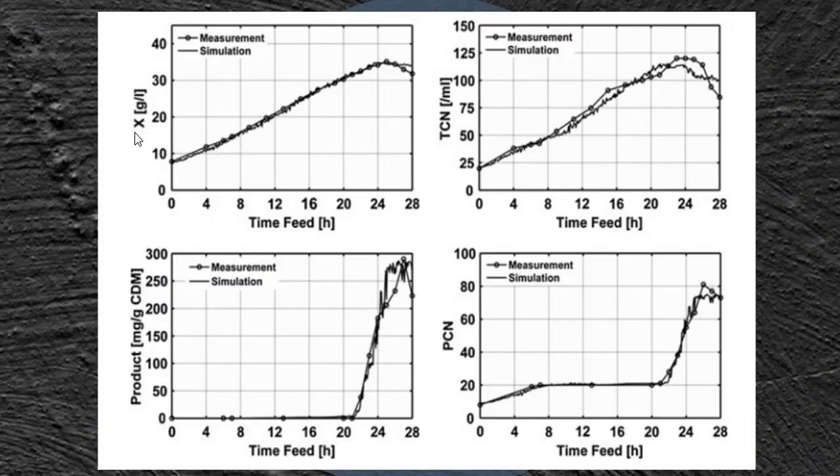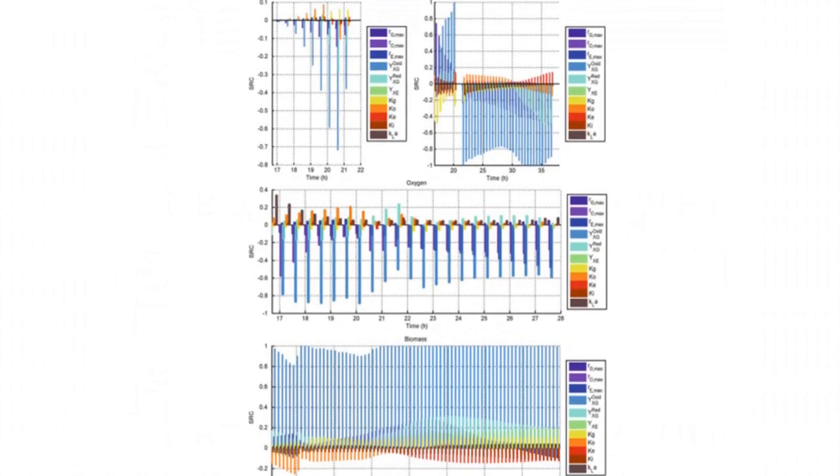The results of experiments optimized through simulation studies can be extrapolated, and it is found that the line exactly fits with the measurement data, and simulated data exactly fits with respect to biomass, total cell concentration, product concentration, and also the rate of product formation. And the simulation studies can also be carried out in order to estimate the rate constants and the yield factor